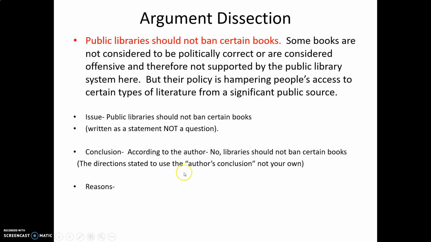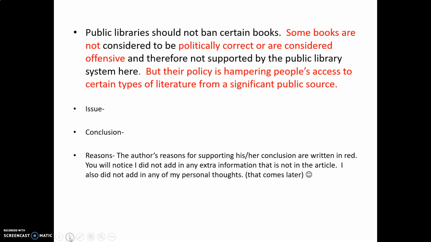Now again, this is the author's conclusion, not yours. You don't get to give your opinion just yet. That comes later. So now that you know the author's issue, you know the author's conclusion, now you begin looking for the author's reasons. So you're taking this, and at this point, you don't have to do much inferring